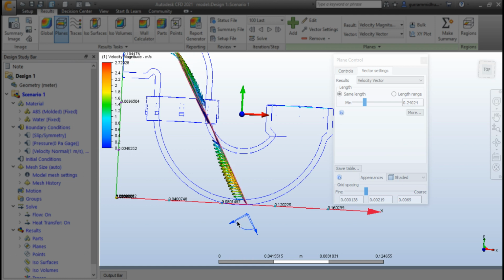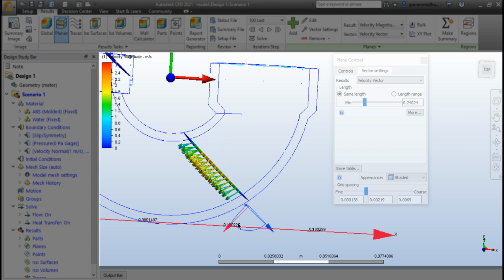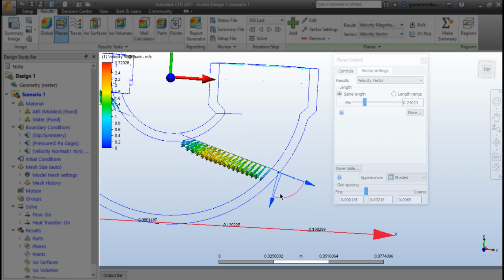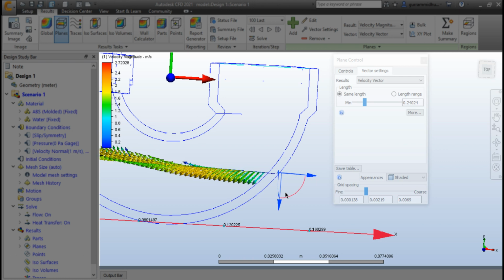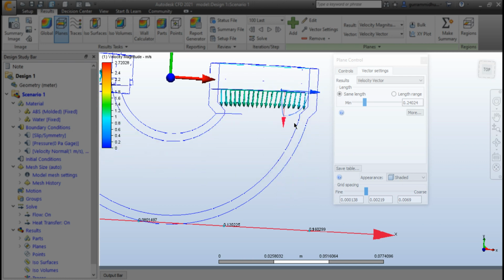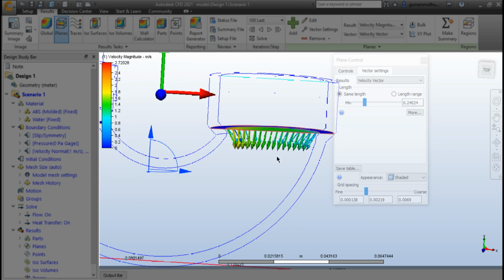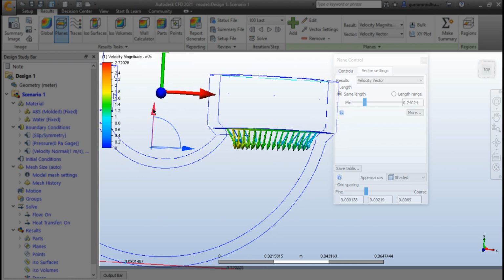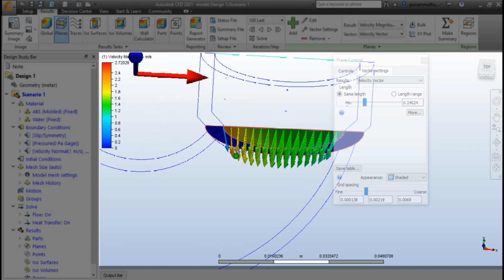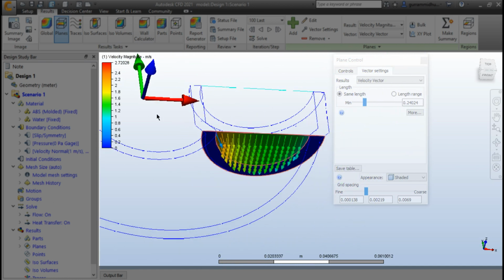Just play with these settings to visualize the results. I'm gonna tilt it a bit, and then I just wanna see what's happening, the convergence in here. The particles are being converged. Because of that, the velocity of the particles is drastically increasing. If you observe here, the particles that changed to red have maximum velocity.